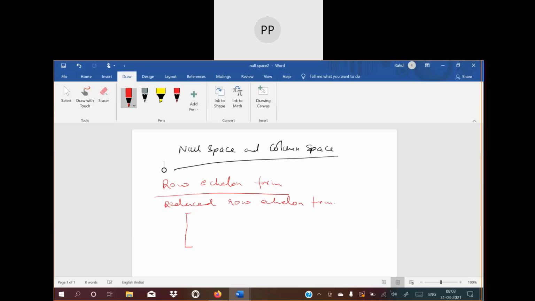Okay, so when I'm saying row echelon form, the matrix, I said that it can be of two forms. It can be something like this, so that you have an entire row 0, or you can have something like this. So these are the two ways we can find pivots.